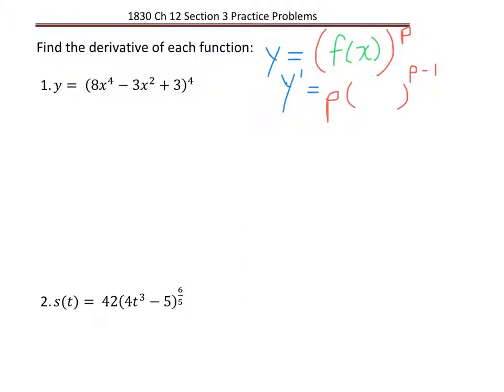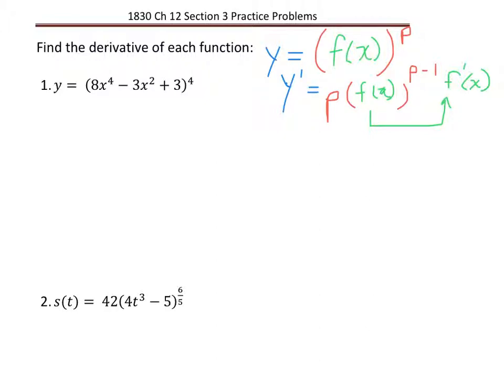But then what's new with our chain rule is that whatever the inside function is, and again we're going to assume this is a power, we're going to need to take the derivative of that inside function, which is going to be f prime of x,